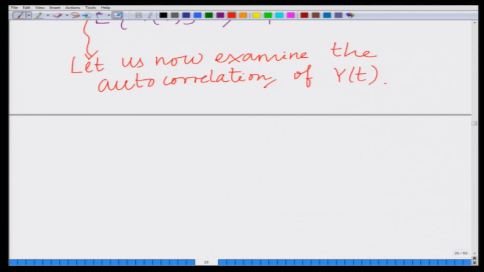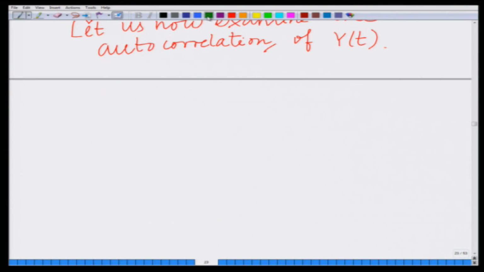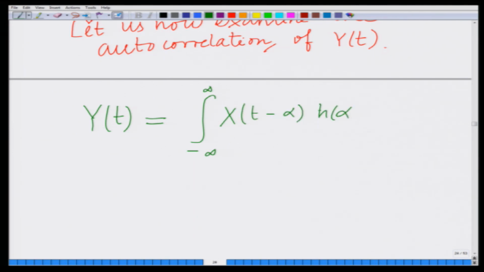We have y of t equals integral from minus infinity to infinity x of t minus alpha h of alpha d alpha, as seen before. And let us consider y of t shifted by tau, that is y at t plus tau,